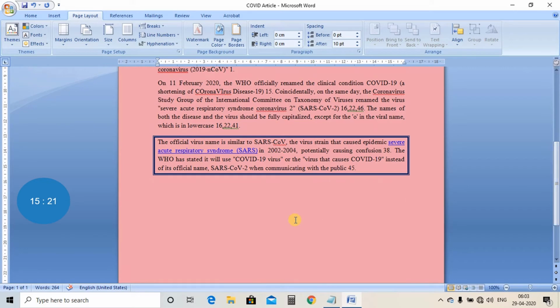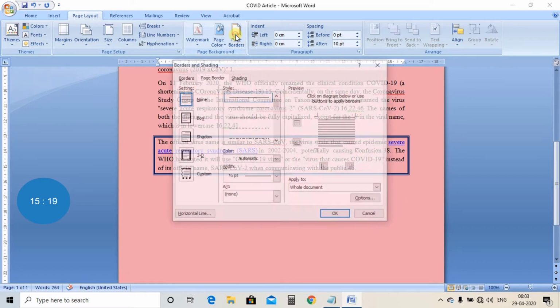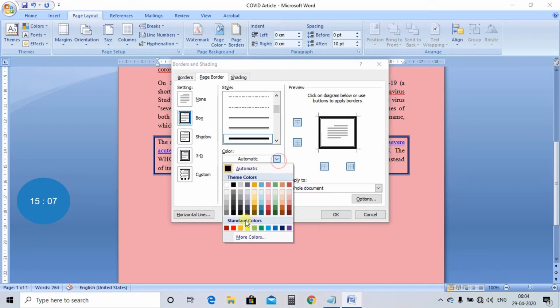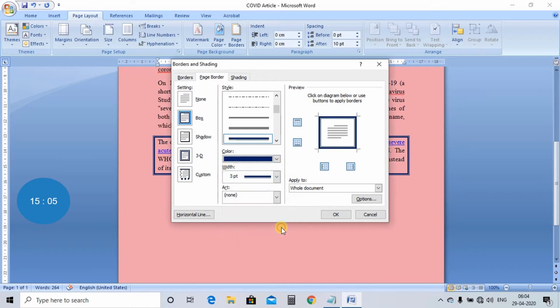Now if you want to give it a page border, again select it, select the style you want to have, color you want to have, and then now see, it is going whole document. Whole document means that the complete page will have a page border.